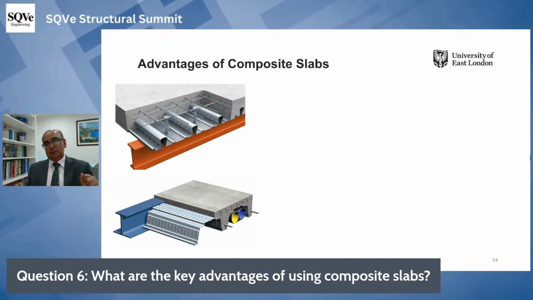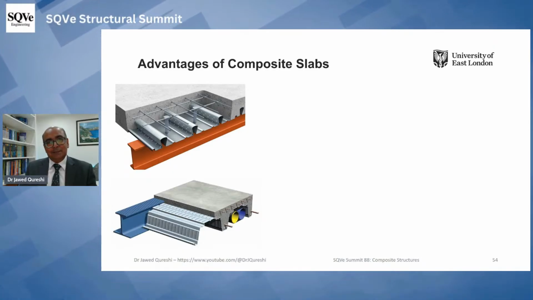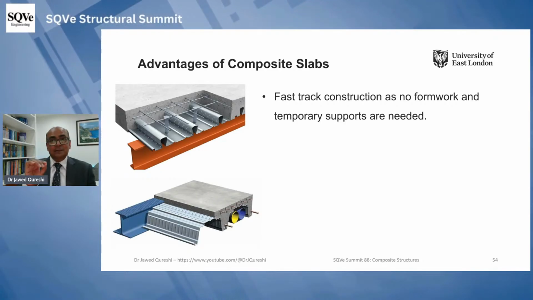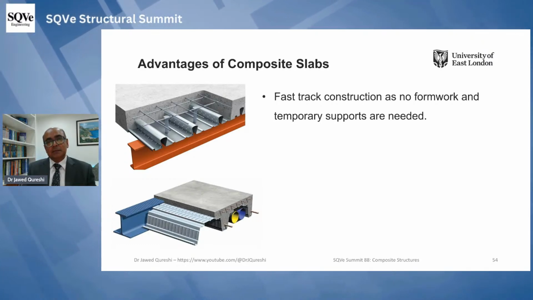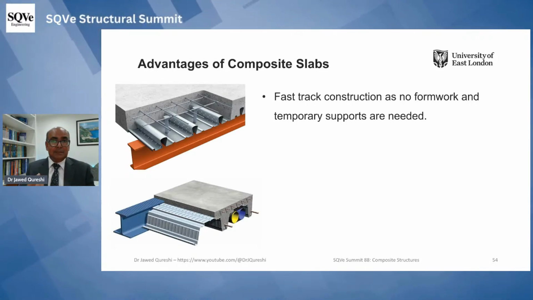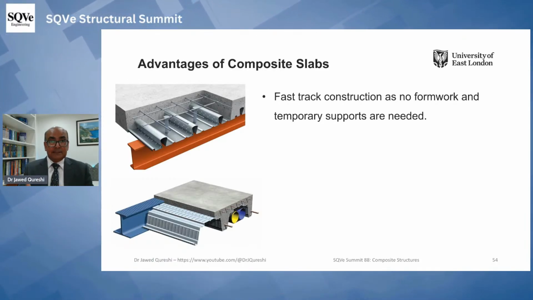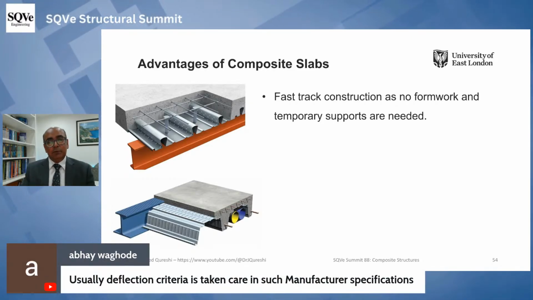So what are key advantages of composite slabs? This is really very important, and I get asked this question quite a lot as well. First thing is that these are very fast. And the main reason is that they don't require any formwork underneath. Although in some cases, you can use props underneath to increase the spanning capability of these slabs, but they don't require any formwork, which saves a lot of labor, and also it saves cost as well, because labor cost is quite a lot, especially in Western Europe.